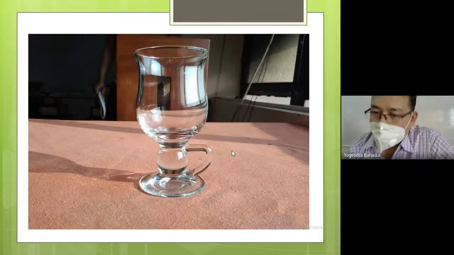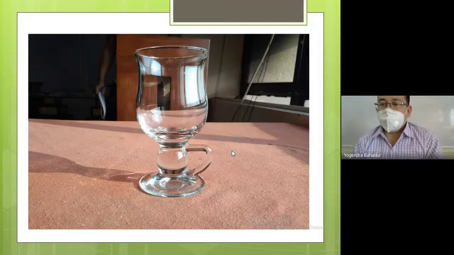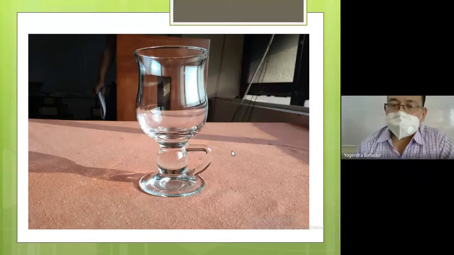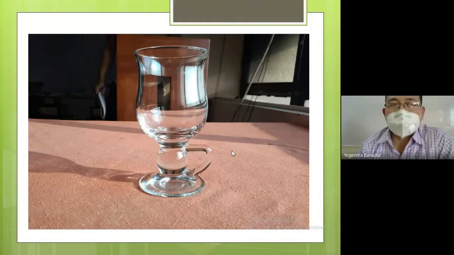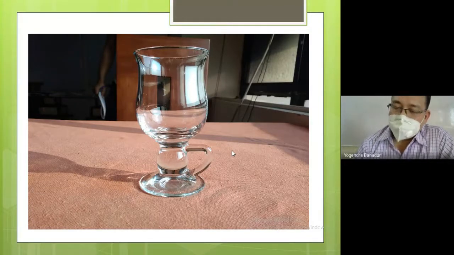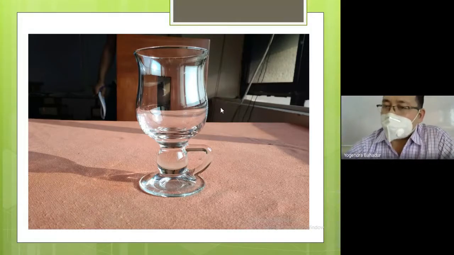So here in front of your screen, you are finding a stylish glass. Here in our training restaurants, we have one of this particular glass. The name of this glass is Irish coffee glass. Why is it called Irish coffee glass? As the name suggests, generally we serve black coffee in this. And in that black coffee, we add 30 ml of Irish whiskey.